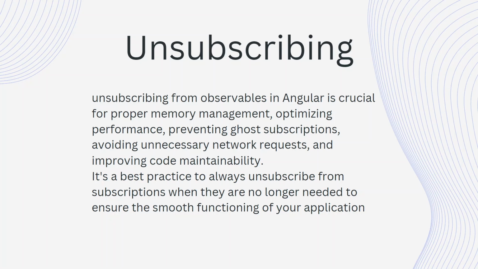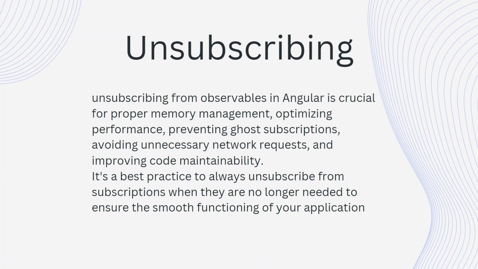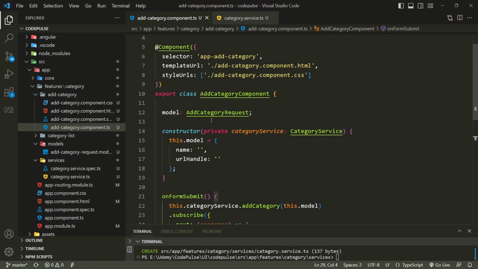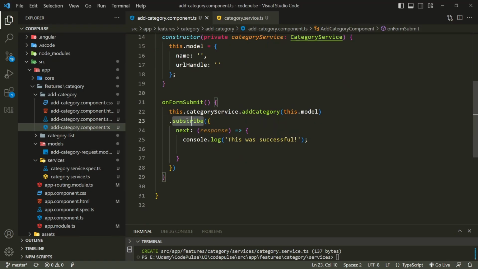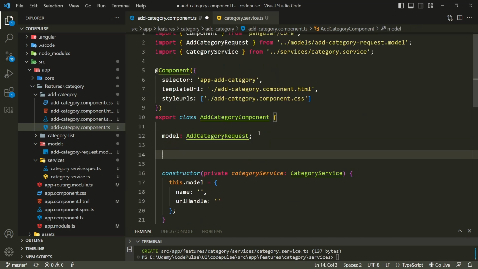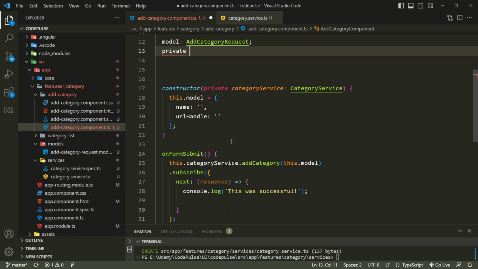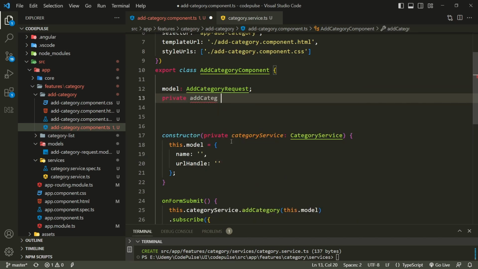It can lead to memory leaks. It is always a best practice to unsubscribe from subscriptions when they are no longer needed to ensure the smooth functioning of your application. So let's come back to the application and unsubscribe the observable. So back into the app, we will unsubscribe from this observable, and it's very easy to do that as well. All we have to do is to create a subscription. So I'll create a private subscription. So let's say the subscription name is add category